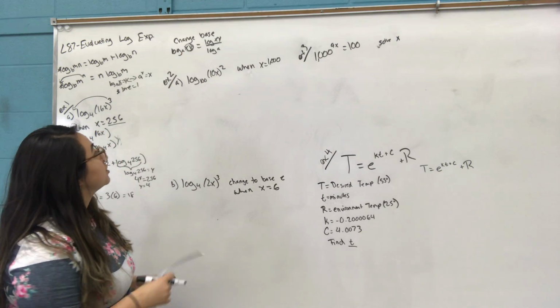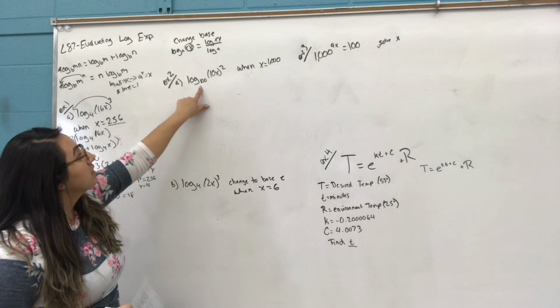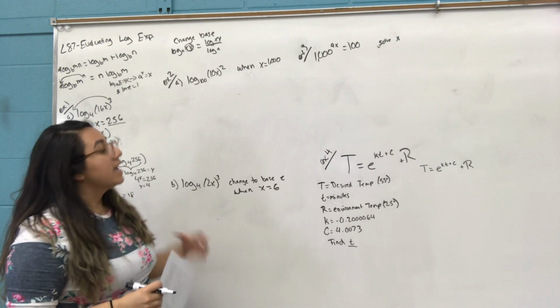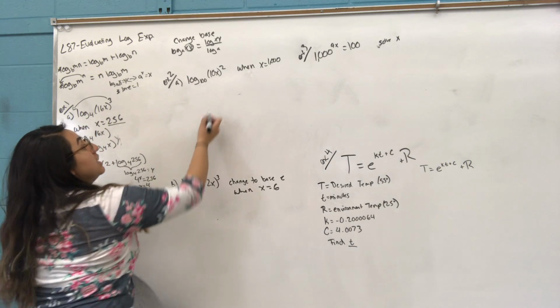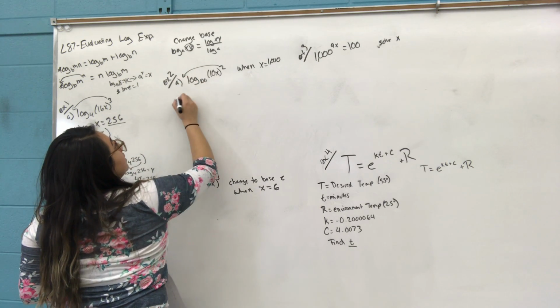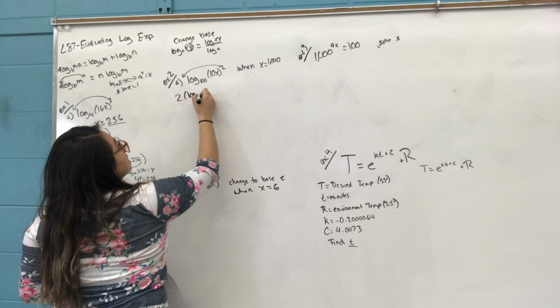So let's go ahead and do example 2. Here it says log base 100 of 10x squared when x is equal to 100. So we're going to go ahead and just apply the methods. Here we have a 2. We can go ahead and move it up here. So 2 times the log of 100,